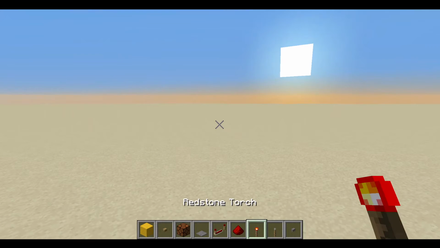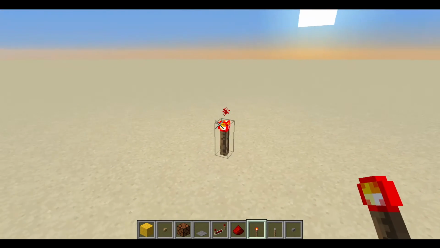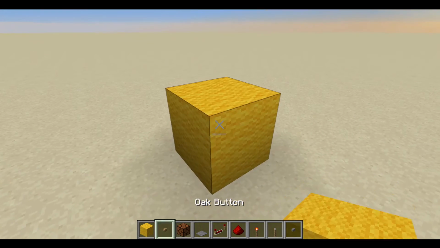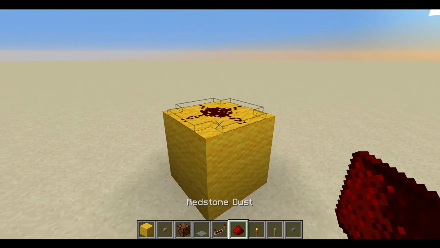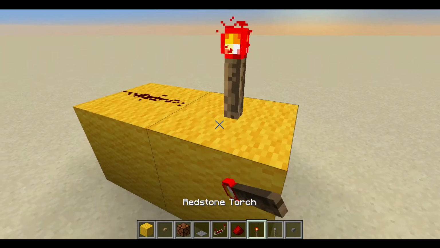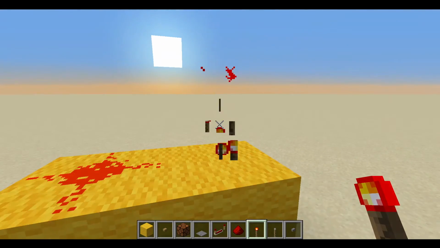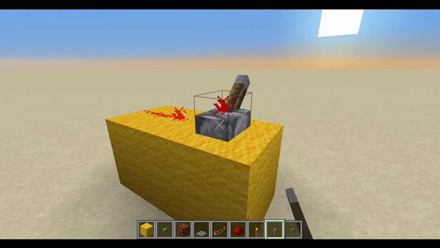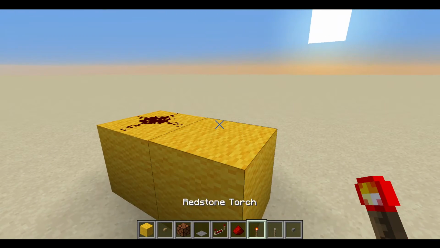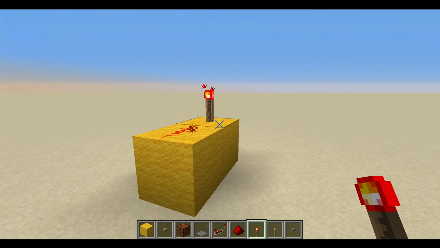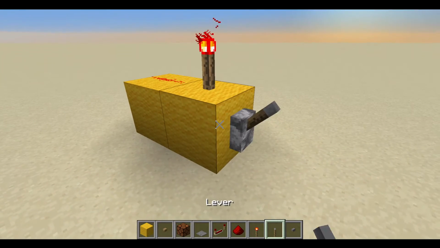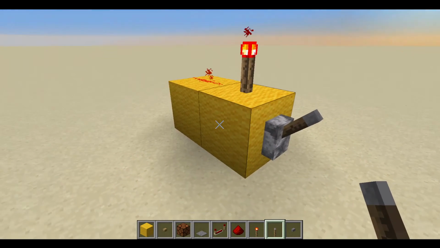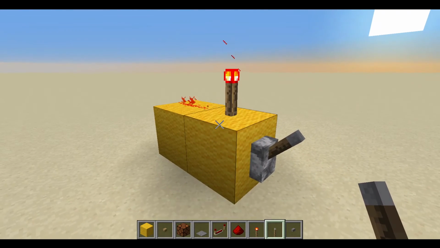There's one more component I want to talk about, and there's this little fella, the redstone torch. Now, the redstone torch is an interesting one, in that by default, it powers redstone. By default, this repeater is off. When you place it down, it doesn't get powered unless you flick it. Now, a redstone torch, on the other hand, powers by default and can be unpowered by powering the block the redstone torch is connected to,